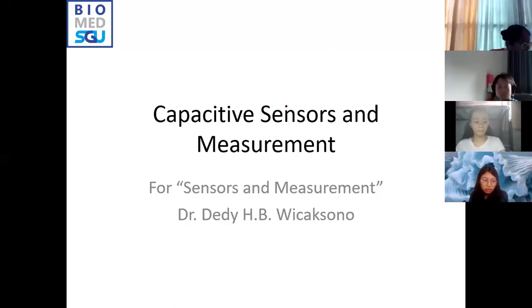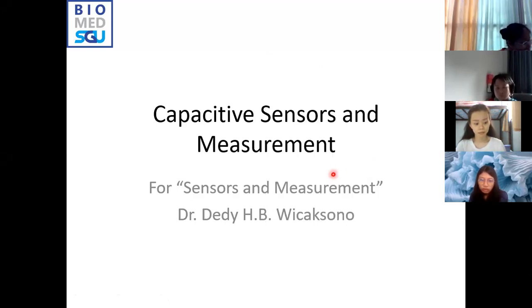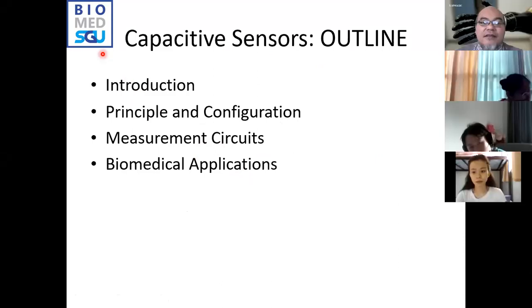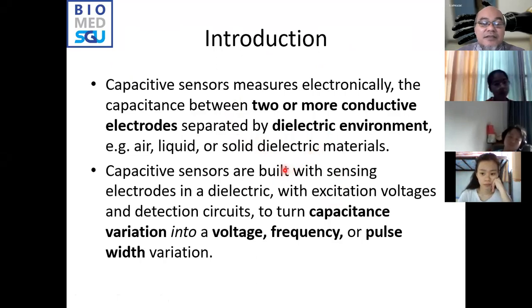and measurement. So basically we have discussed in the previous session about capacitive sensor and measurement, right? We have introduced the principle and configuration, and capacitive sensors are utilizing the capacitance change between two or more, not necessarily only two, can sometimes be three conductive electrodes separated by